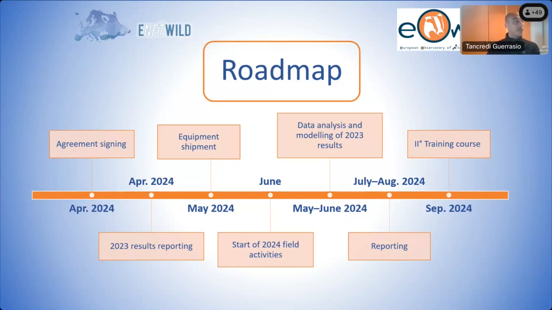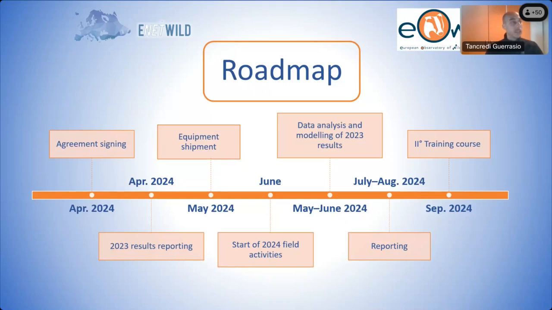So of course, first thing is the signing of the agreement proposals that some of you already did, some are about to. So this is just to officialize the collaboration and then go on with the next steps. As Massimo just mentioned, it is fundamental that the 2023 results are reported as soon as possible so that we can have the time to model them and further analyze them to produce the report, which is due this summer. And then in May, there's going to be the equipment shipment for the cases that foresee this option. And then for June, that is the potential start of the field activities, because as you will see, it's not strictly necessary that in June everyone has been starting the field activities, but that is when